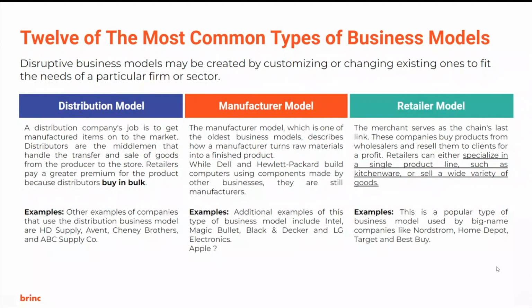So this is exactly what the distribution model does, that they buy from the manufacturer in bulk, okay, they take it out there in the market, they go to the retail stores, okay, and they sell it to the retail stores at a slightly higher price, because they have a lot. Because the quantity of product they have is a lot, even if the margin on each product itself is very small, all in all, compounded, this will be enough for them to sustain itself and for them to actually generate a profit.